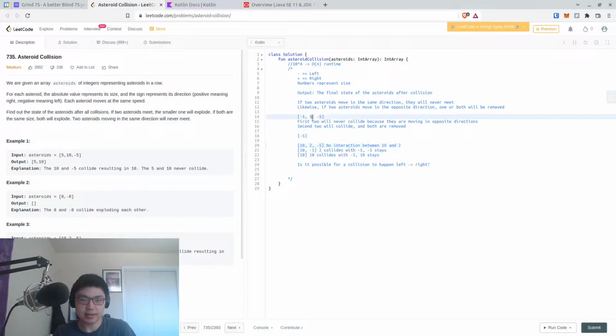But we can't have a situation where we have one moving to the left and then one moving to the right of it, because then it doesn't matter. Is there a situation where that could be incorrect? No, because if we swap them around and we had one moving to the right on the left side and one moving to the left on the left side, then,